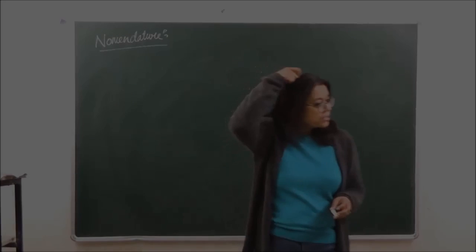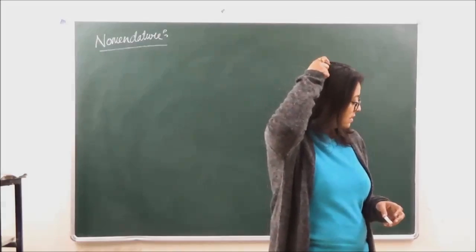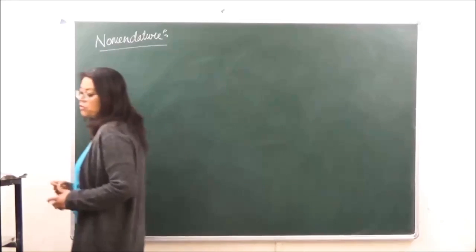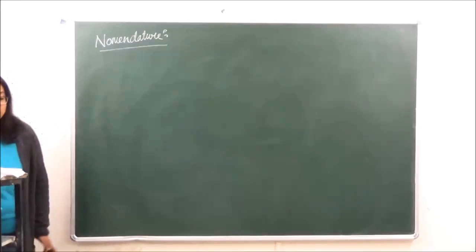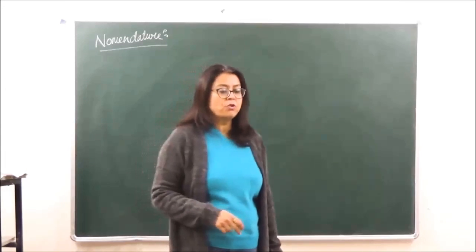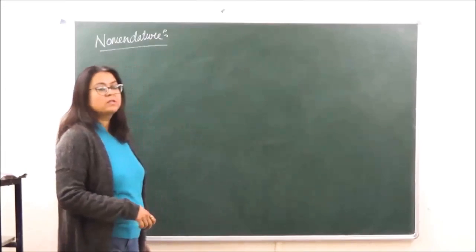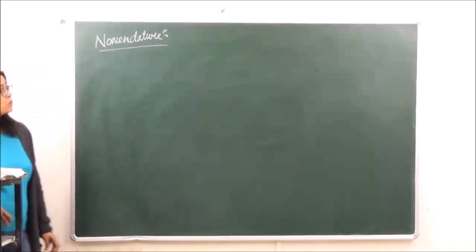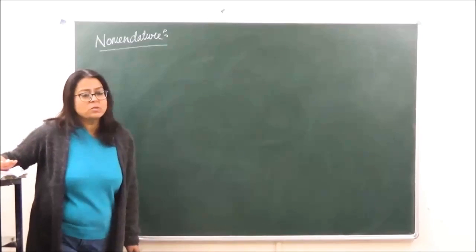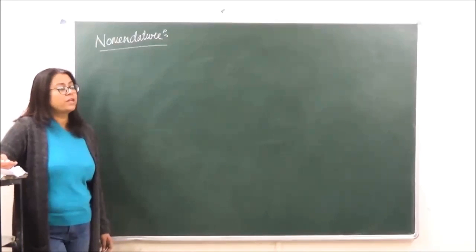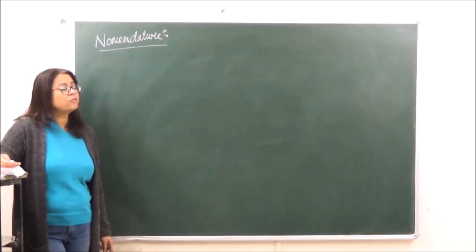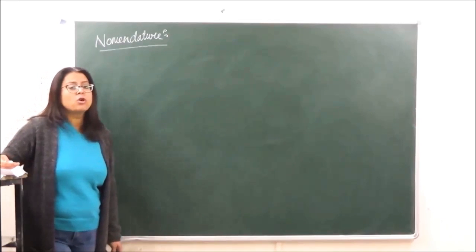Okay, so we're going to the next topic today of class 9, that is nomenclature. Now, when we're talking of nomenclature of coordination compounds, there are certain rules which we are going to follow, which are very important while naming the coordination compounds. Two types of processes we are going to do over here. In the first process, we are going to name any coordinate compound, and in the second, the name would be given and we have to formulate the formula. So, let's first go on to naming.